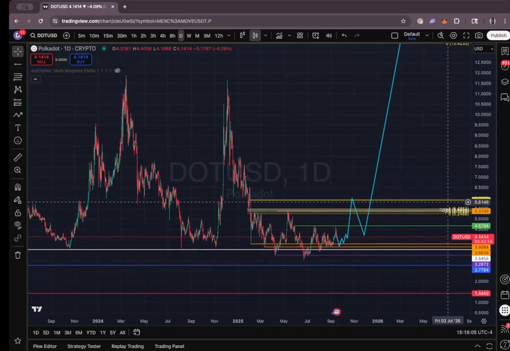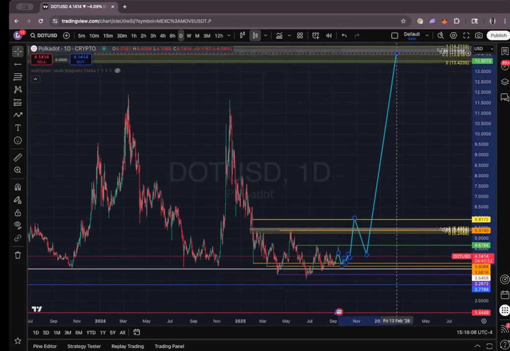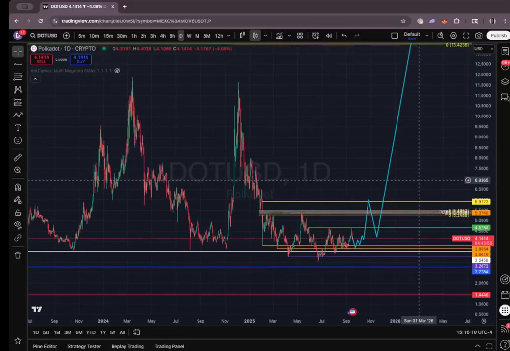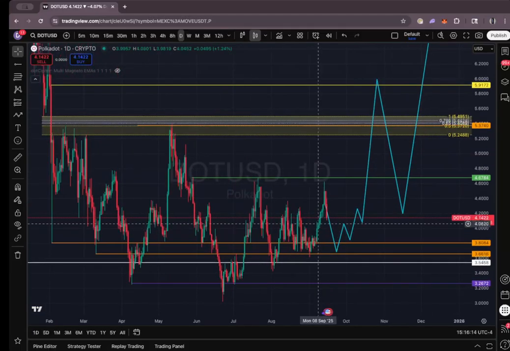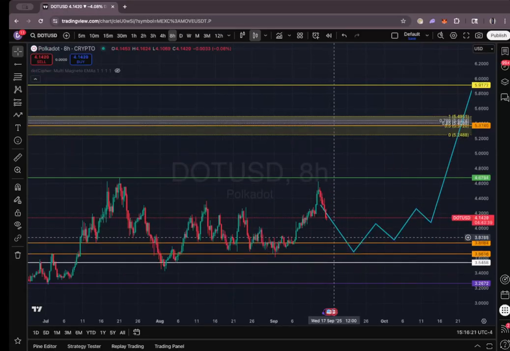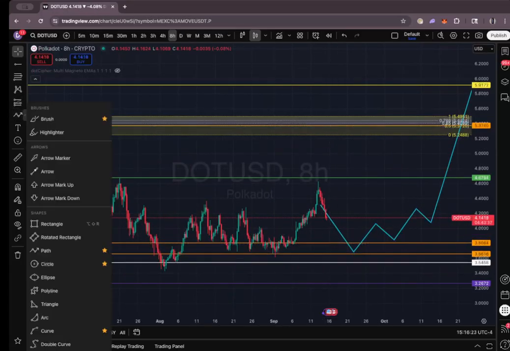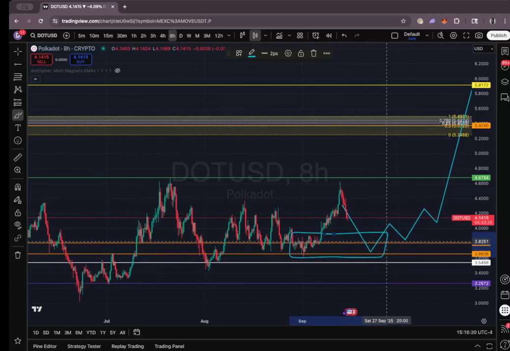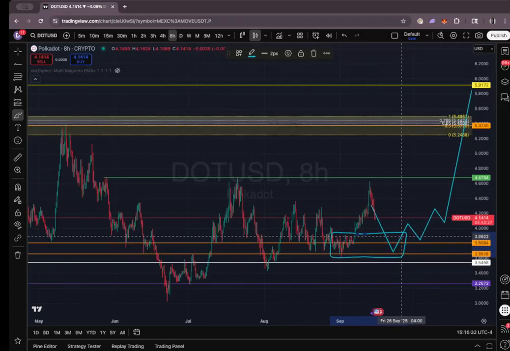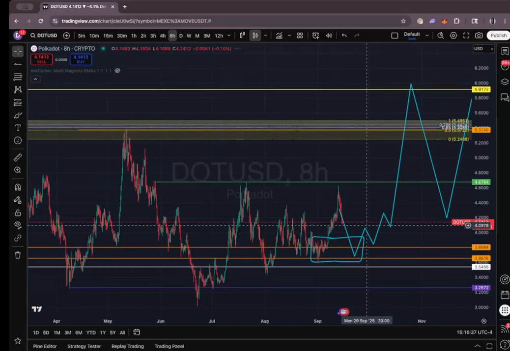Right? So there we go. There's DOT. DOT is close to a pretty big move. We want to see, probably this week and next week, price continue to push down. If we continue to push down, we will then be mitigating this range here, which we have not mitigated yet, right? We mitigate that range at 3.8 to 3.6, reconsolidate above 3.8, reclaim 4 on a daily or weekly closure.